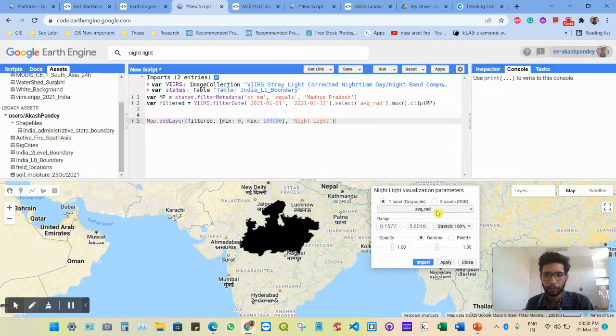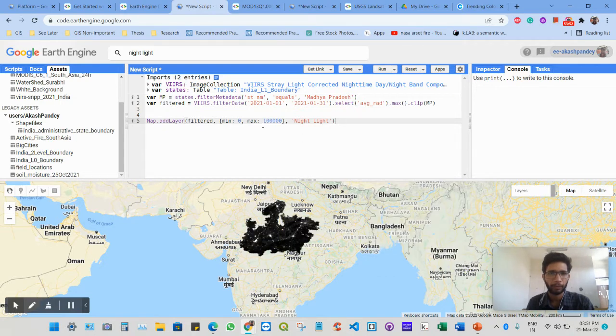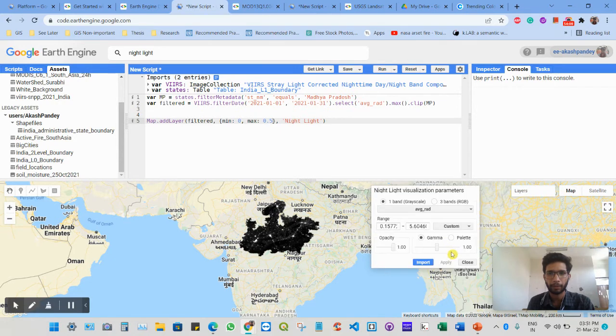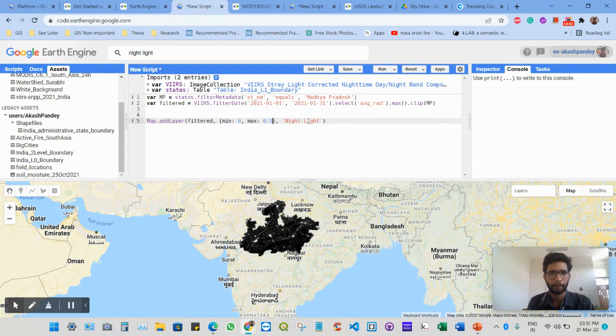We will stretch it to the minimum maximum, and it is giving the range 0.1 to 5. So 0.1 to 5, sorry. Let's say 6. Okay, now if you click on the run,